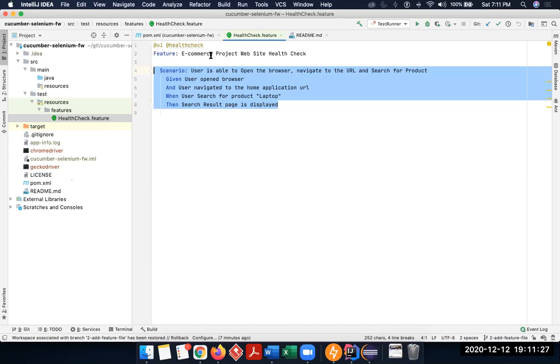Now he can write it in any number of ways, right? He can write it in a document, in a Jira, in an Excel file, in any number of ways. But let's say our project is BDD oriented,